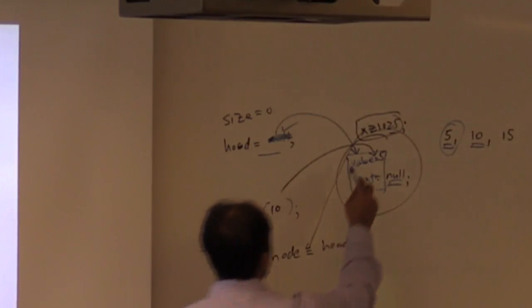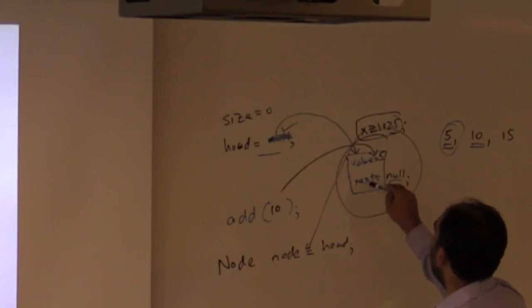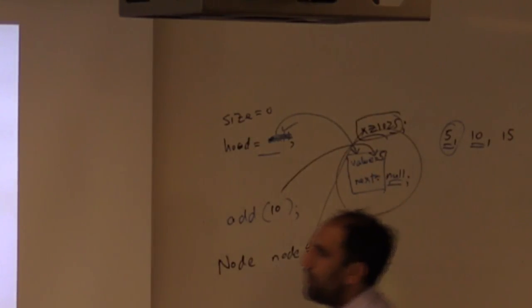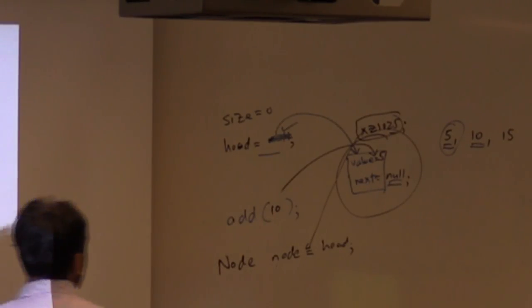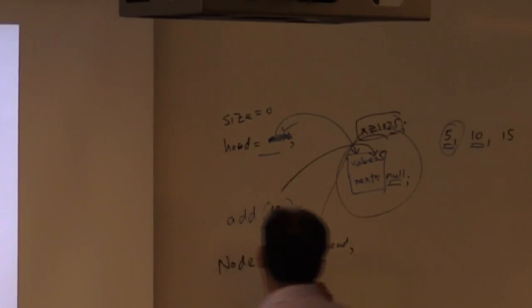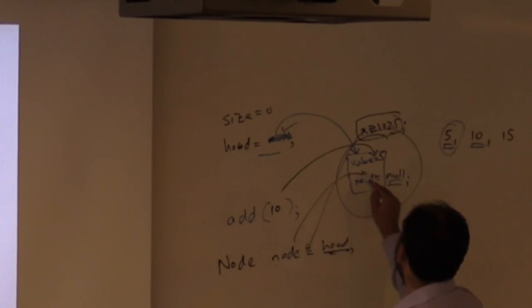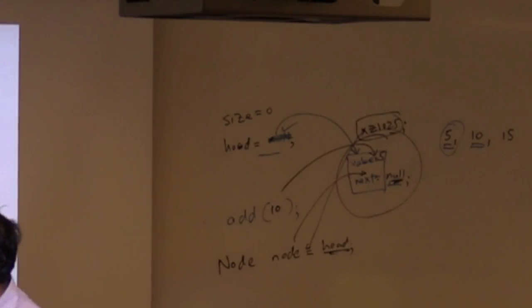So starting from the first node, because now this node is pointing to the head, we go to the next value, and the next value is equal to null. So after visiting the first value, we will get the last element, which is node equal to node.next. In this while loop, starting from the head and then going through the next, until we get this null, the last element, we keep on iterating. And once we got the last element, in this case over here,